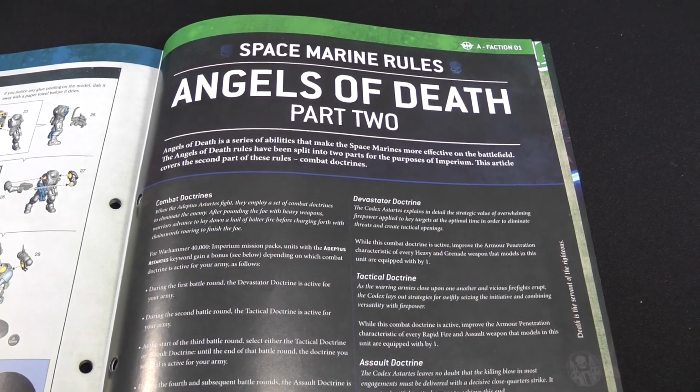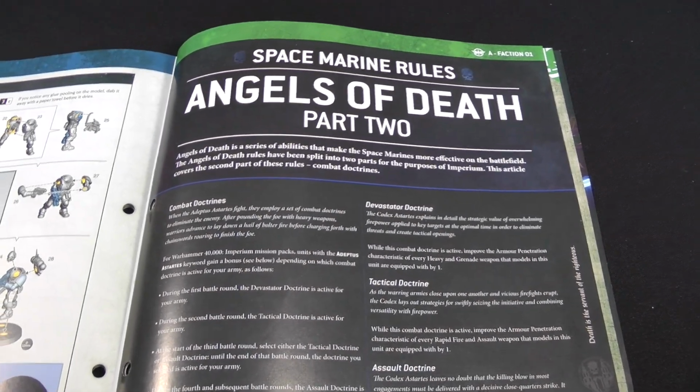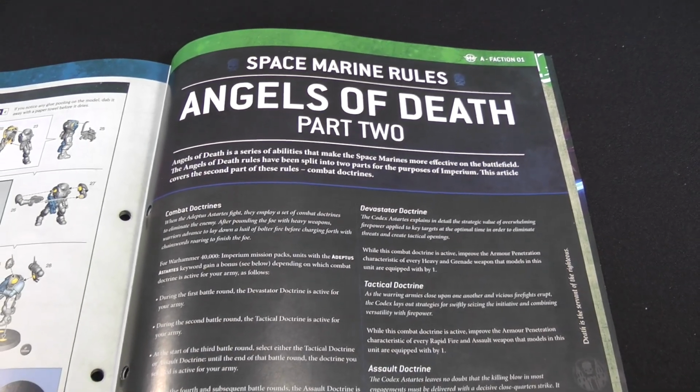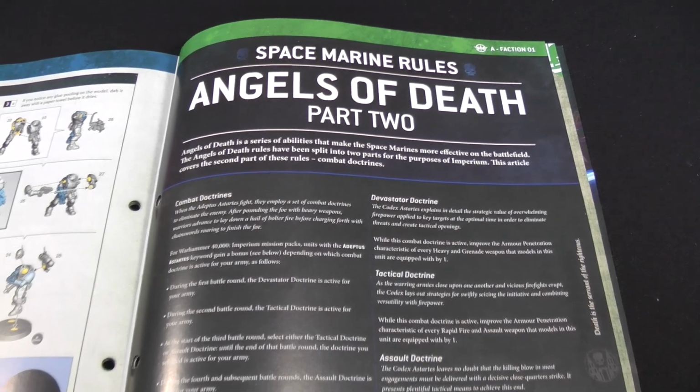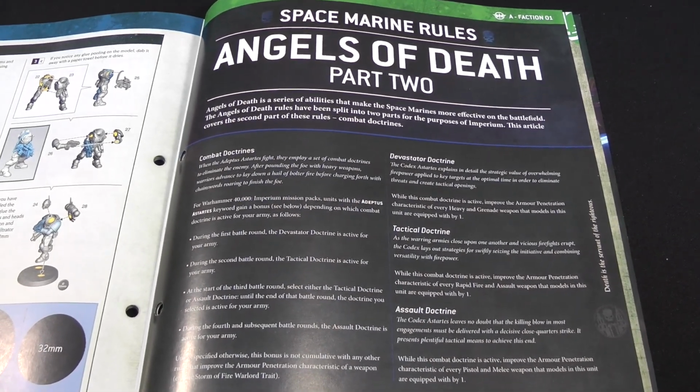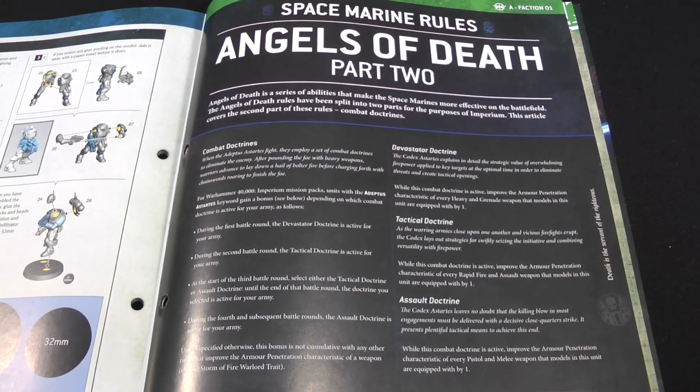So we got the data sheets for the new models we got in this issue and the previous issue, but we do have some new rules. We have the second part of the Angels of Death rules for the Space Marines, and this covers the Combat Doctrines. The Space Marines are highly trained to fight with various weapons and make use of different doctrines to get